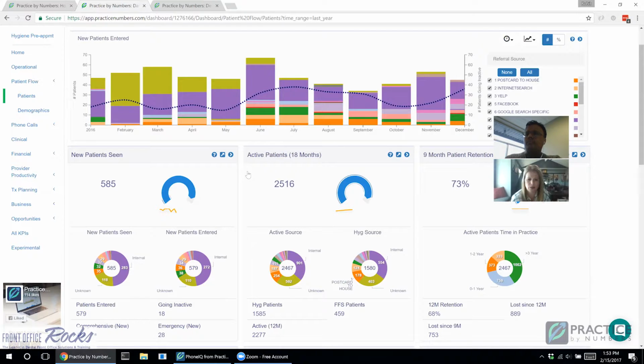One of the other things I want you to point out here that I think a lot of offices are interested in, and I think it's important to point out, is this fee-for-service patient. So tell me, does that pull out of our software and keep us up to speed on who's fee-for-service versus insurance? Yeah, and this number is important for many practices,